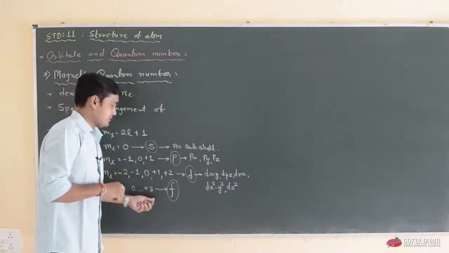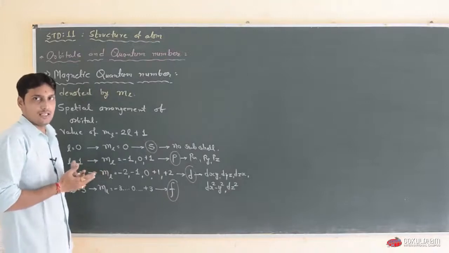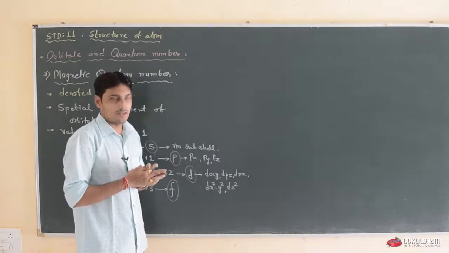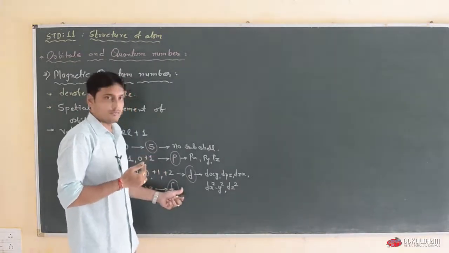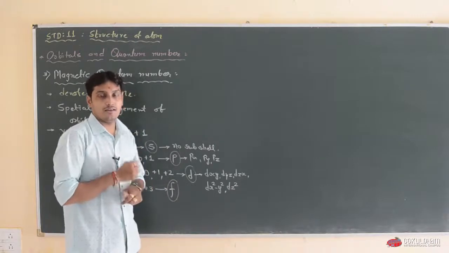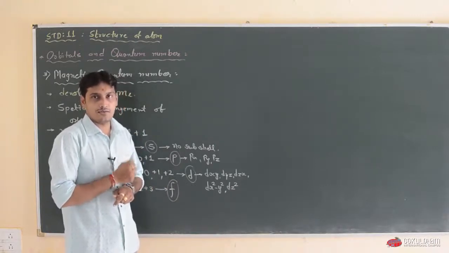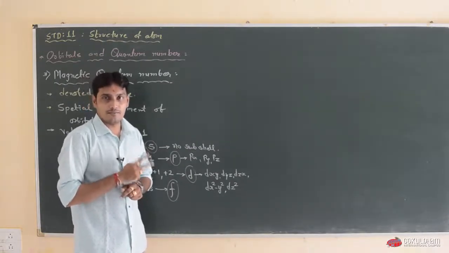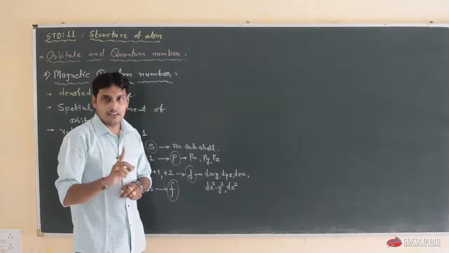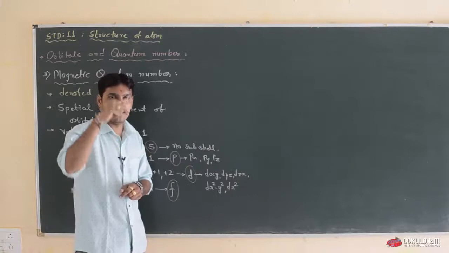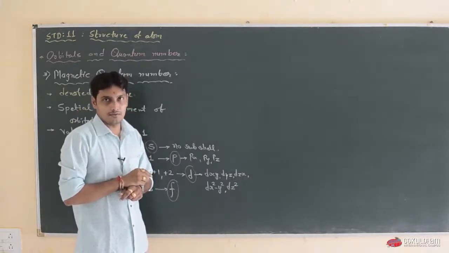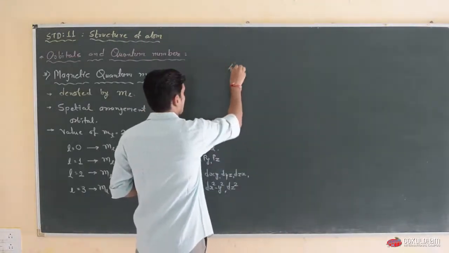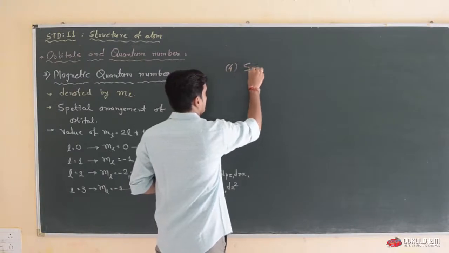Okay. These three quantum numbers are known as major quantum numbers or principal quantum numbers. But these three quantum numbers cannot define the exact position of the orbital. We know that two electrons are accommodated in one orbital. One is in upward direction spin and the second one is in downward direction spin. So there is a requirement of a fourth quantum number.